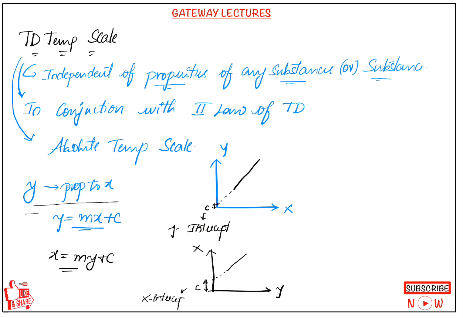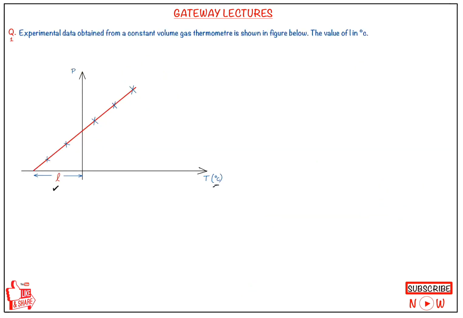So here, how does temperature vary with pressure? It varies as T = A + BP, and A and B are constants. These constants are different for different thermometers, different for different gas thermometers. They depend on the type of gas used and also the amount of gas used. Now we will take T = A + BP.